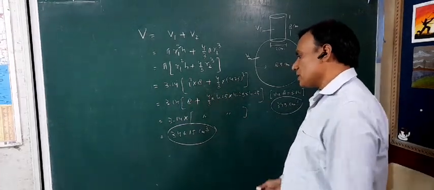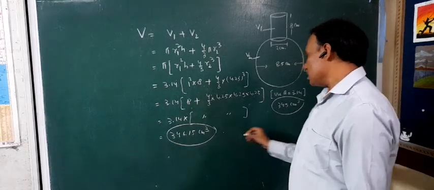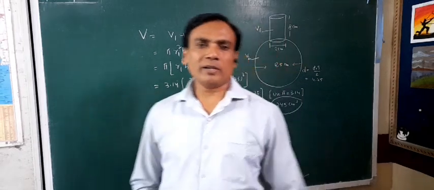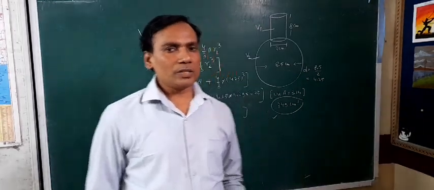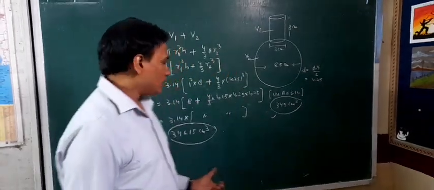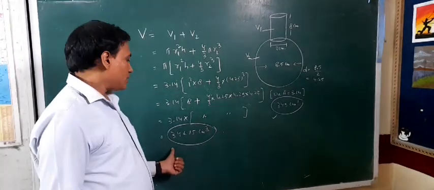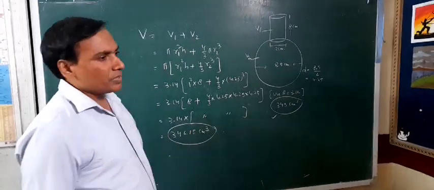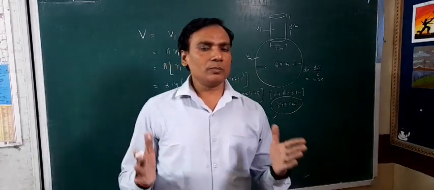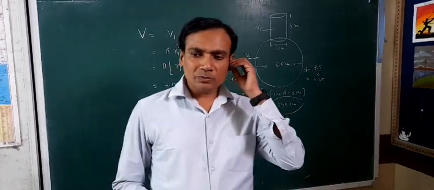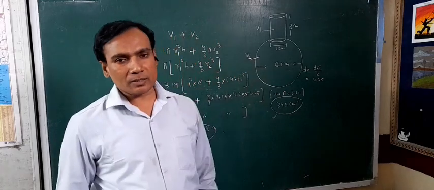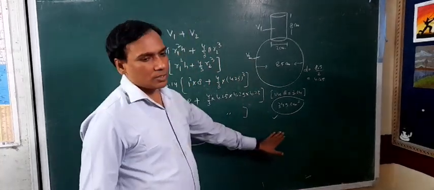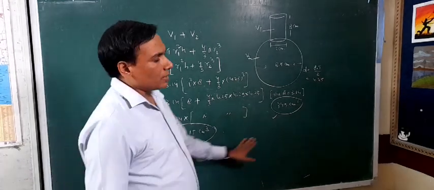There is a calculation basically. Whatever calculation was done by the boy, he obtained 345 as the volume of this combined figure. According to my calculation, which I already did, I got 346.15, which is different. So we can say the boy's calculation to find the volume in this question is incorrect, right? There is a difference in the answers.